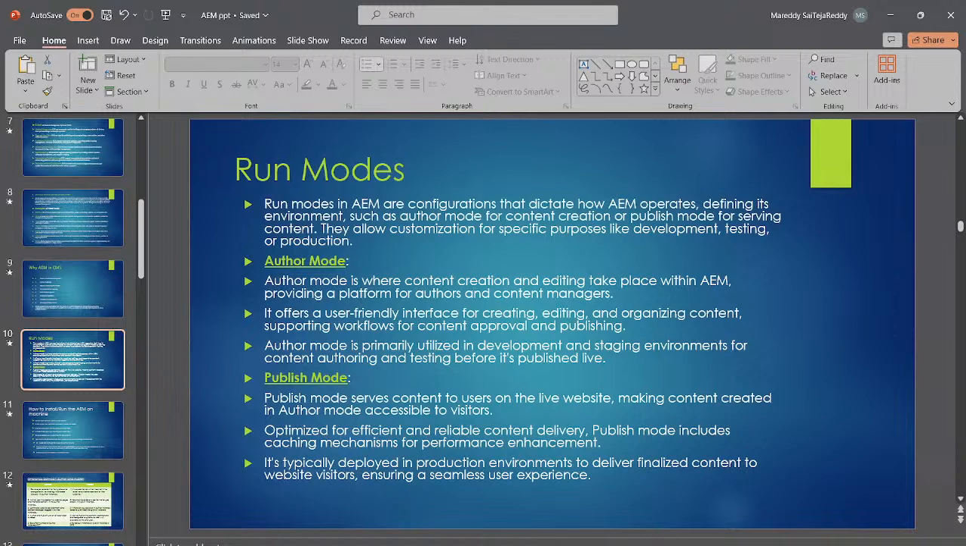author mode for content creation or publish mode for serving content. For creation of content, we will use author mode, and for serving the content onto the pages, we will use publish mode. And they allow customization for specific purposes like development, testing, or production. In these cases, for development, testing, or production, we will allow some customizations for